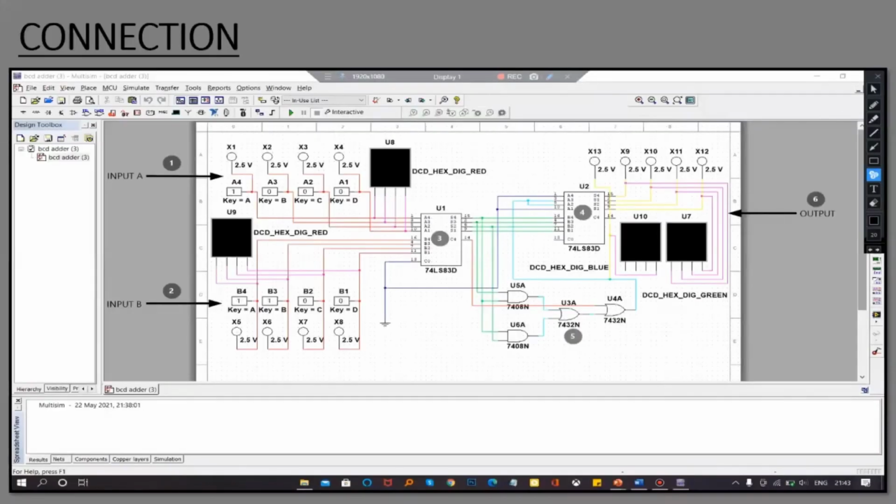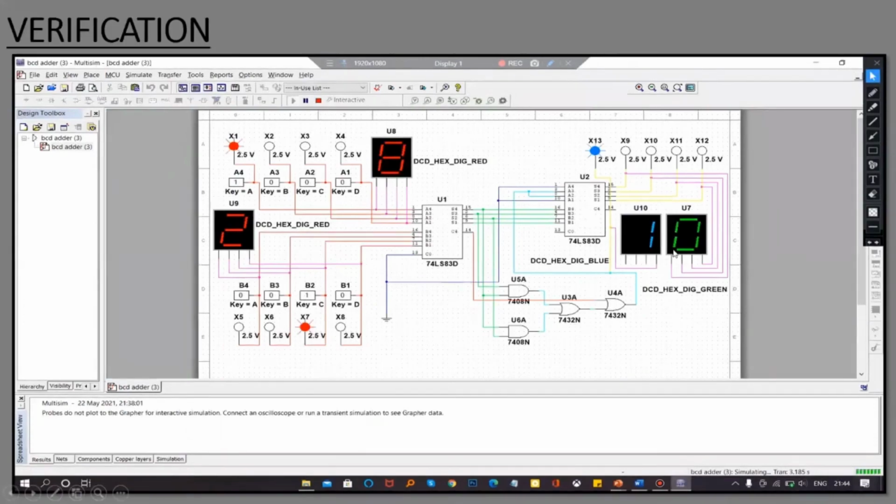As I already told you before where to select the components and the ICs, we will get straight to the connections part. We have 4 input A and 4 input B, and we have two ICs, and this circuit which gives 0 when the value is less than or equal to 9, and 6 when the value is greater than 9. The output is generated at S4, S3, S2, S1 of the second binary adder IC. Let's verify that using Multisim software.